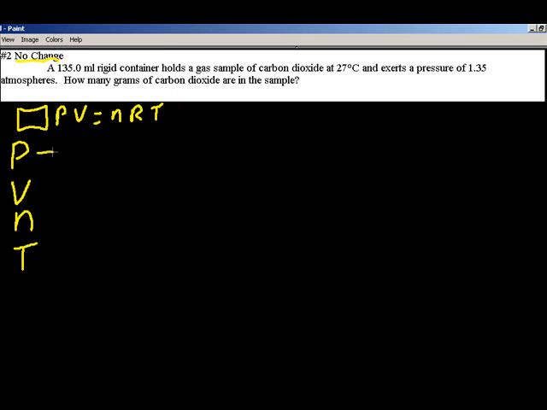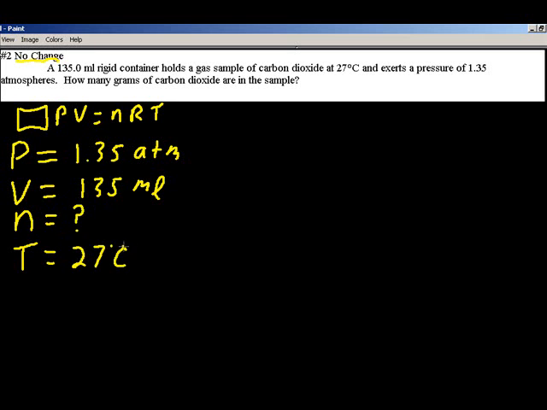And the pressure in this case is going to be 1.35 ATMs. The volume of the container is 135 milliliters. The number of moles we do not know, and the temperature is 27